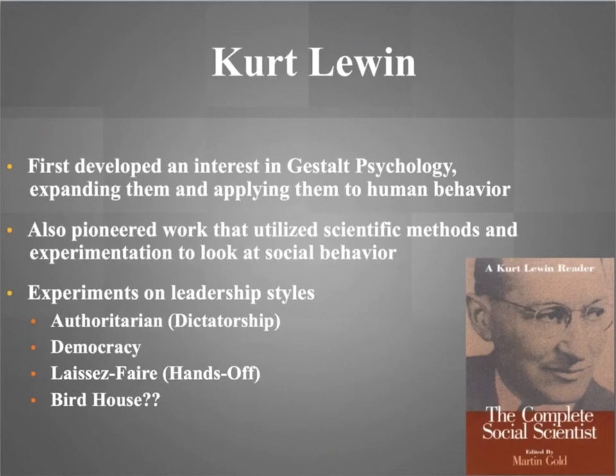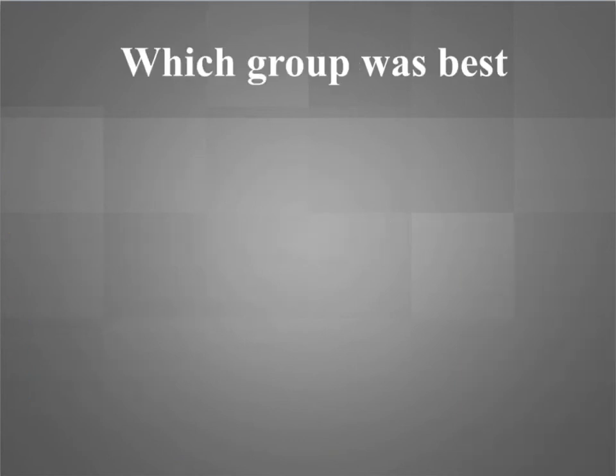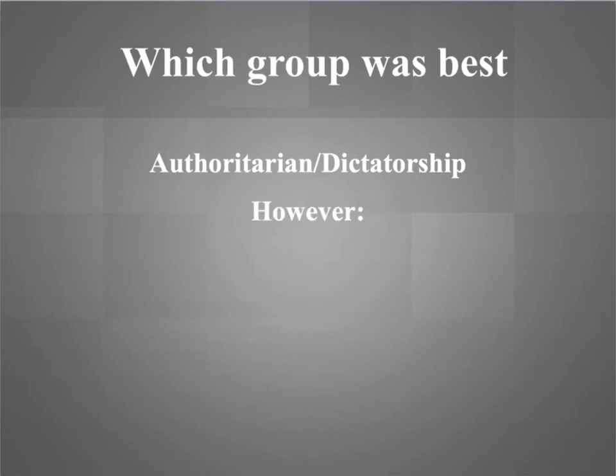Which group do you think had the most efficient leadership style? Or in other words, which group was able to produce the most birdhouses and at the highest quality? You might be shocked to find that the most efficient group was the authoritarian/dictatorship group. However, that is only true if the leader is present and can maintain constant and strict surveillance of his workers. In the real world, it is impossible for the government to keep an eye on every single thing that every individual is doing. So which leadership style is the most efficient without the presence of an all-watching, all-powerful leader?